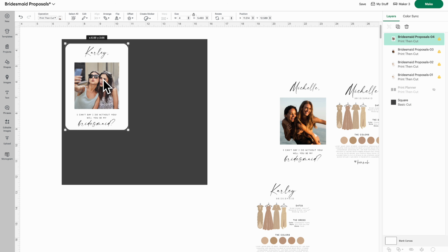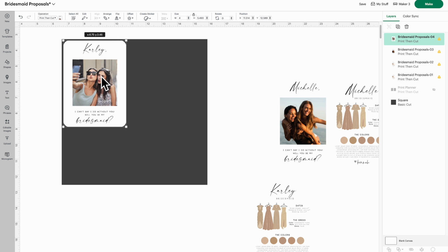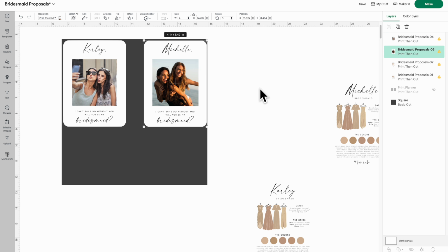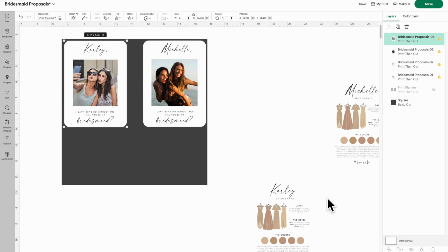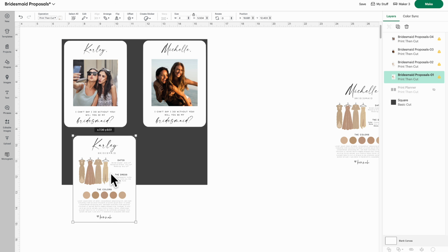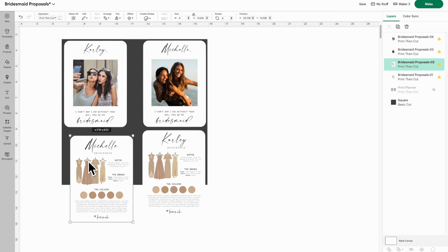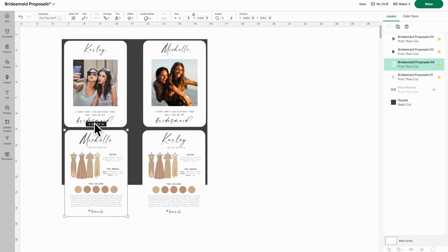Next, I'm going to grab my cards. So I'm going to print both of the fronts right here, and I want them to be inside the square. I'm also going to drag this one. Now, this is not super intuitive the first time you do it, but when we flip over our paper, we'll